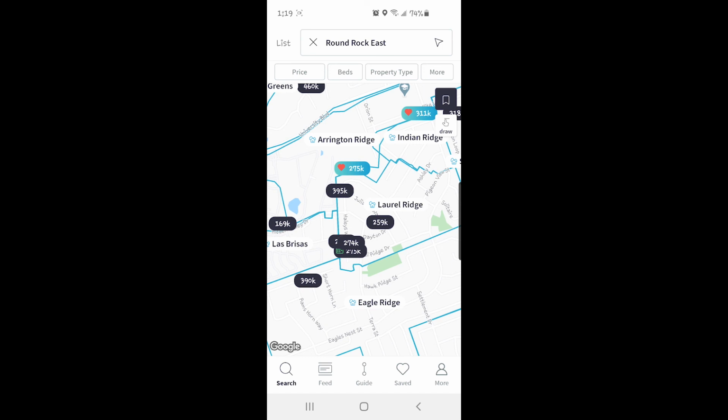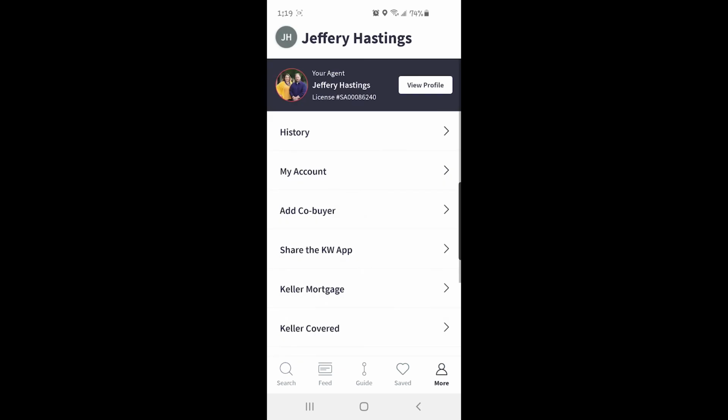Don't forget also that you can share the KW app with anyone just by going into the app, clicking on More, and then clicking on Share the KW app. Everyone from renters to buyers to sellers to investors should really have this app